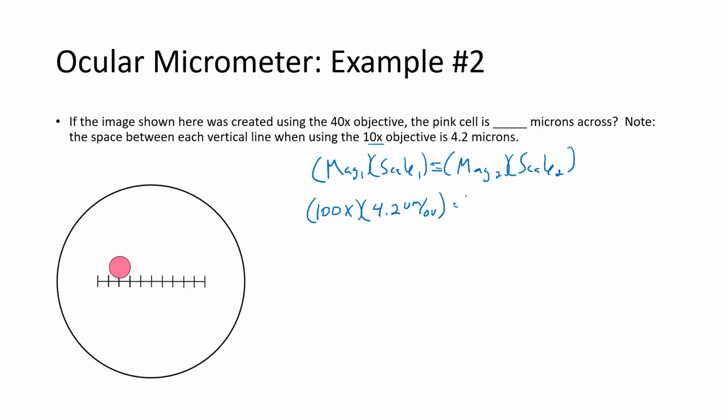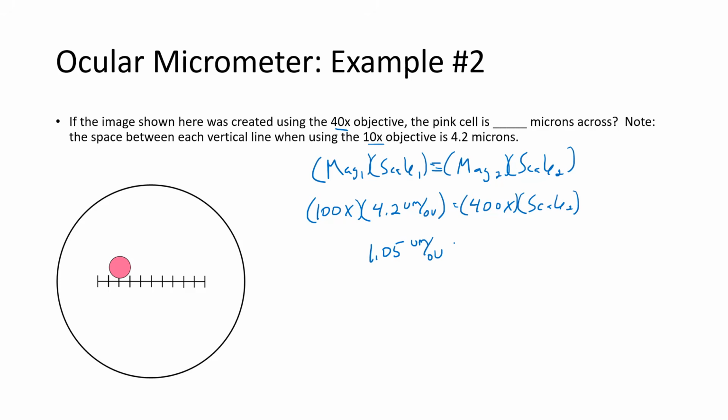And then mag 2 is 400x. And scale 2 is what we're looking for. So let's see what we get. We got 100 times 4.2 and then divided by 400 gives us 1.05